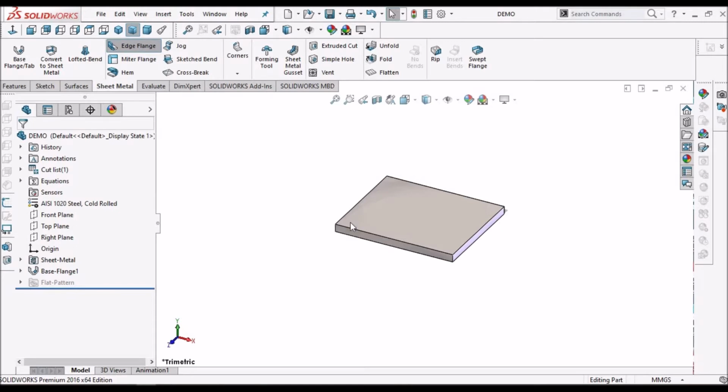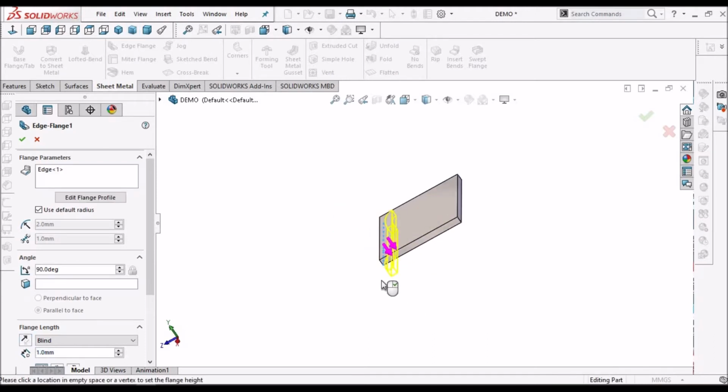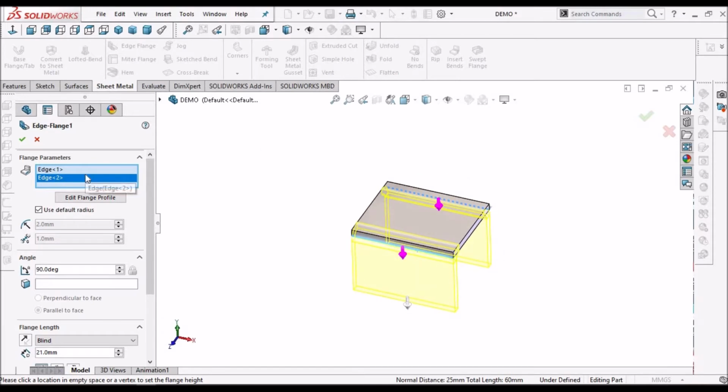Now select the edge flange, select both the sides, and it is 90 degrees.